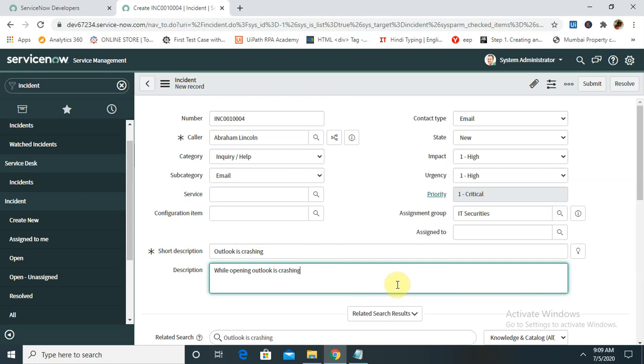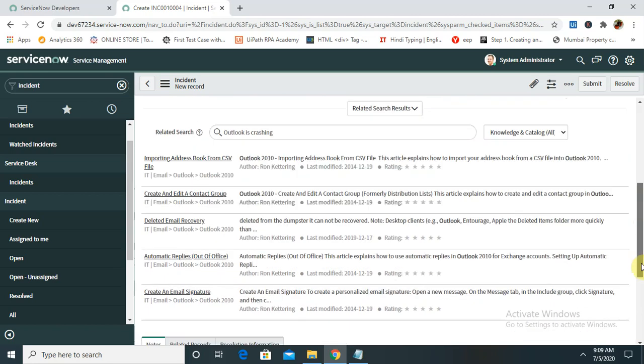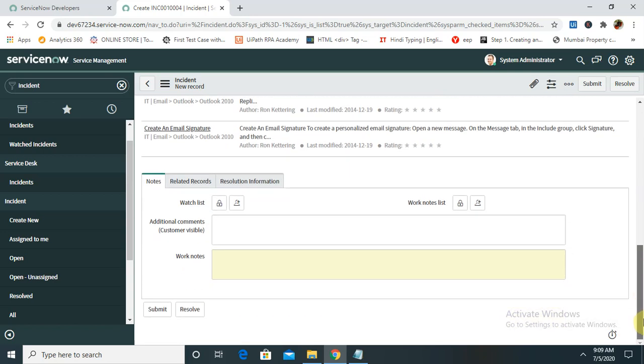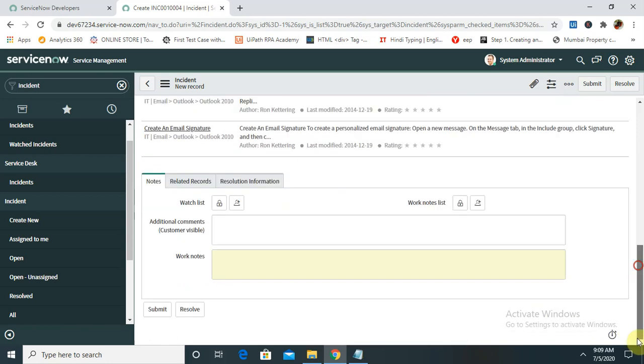If you want to put any further detail, you can mention it here. Any additional detail, if you want to mention it, do it. Otherwise click on submit.